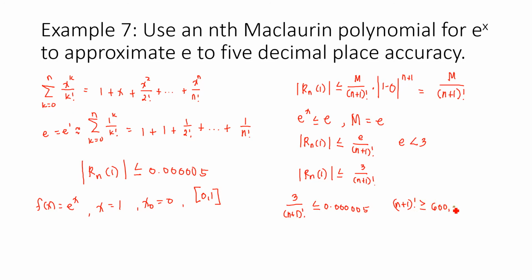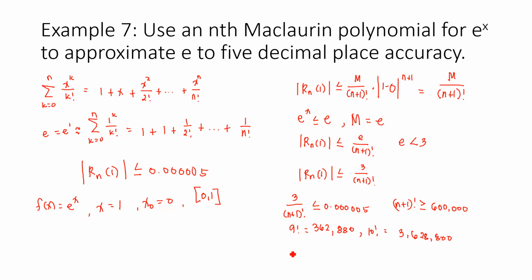0.0000005, or the quantity n plus 1 factorial is greater than or equal to 600,000. Since 9 factorial, using calculator, is equal to 362,880, and 10 factorial, using calculator, is 3,628,800. The smallest value of n that meets this criterion is n equals 9. Thus, the 5 decimal place accuracy of e,